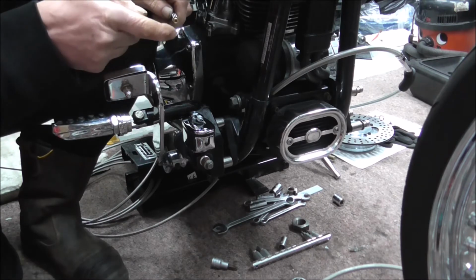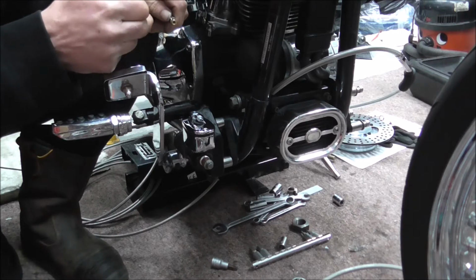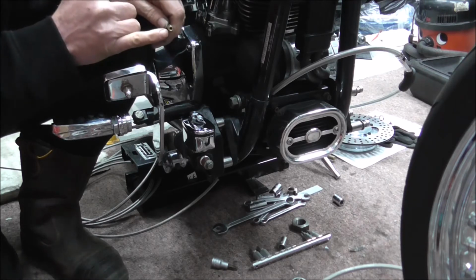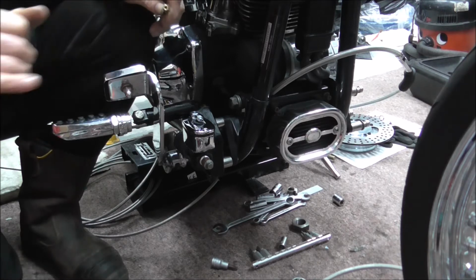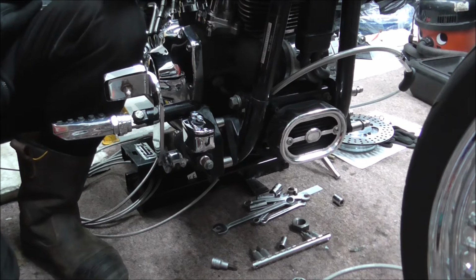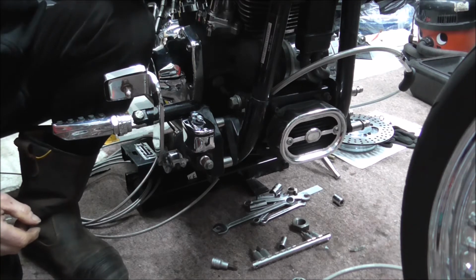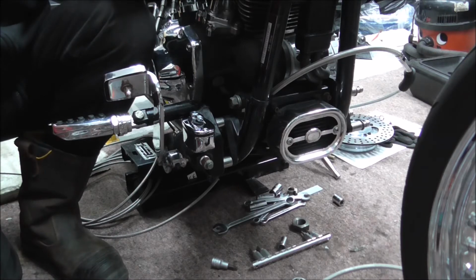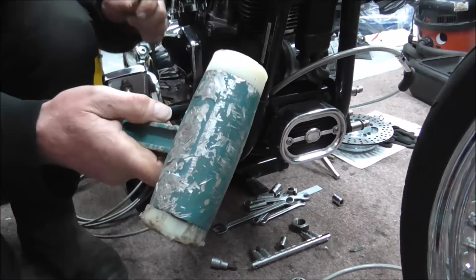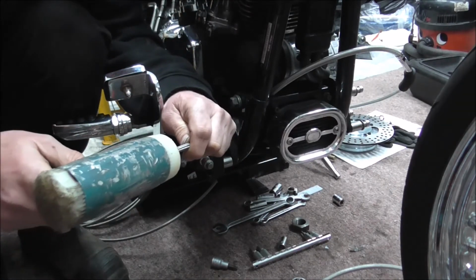What I need to do now is basically tap this olive so it goes all the way on, so the pipe inside, the middle pipe, comes all the way to the end of this olive. So that's one thing I didn't get to start with, was my little toffee hammer. I'll use my nylon hammer. So get a good grip on the thing and then just